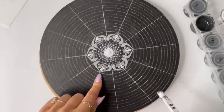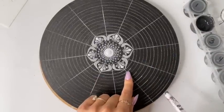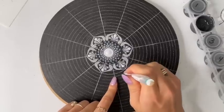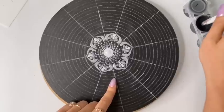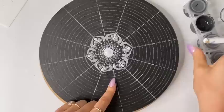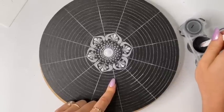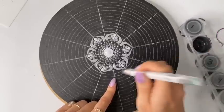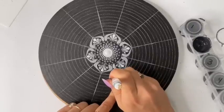And so there's this petal here and this petal here. So our next petal I'm going to do in between each of those. So instead of going right above them, I'm going to go in between. So size 8 and number 2 paint. And dotting